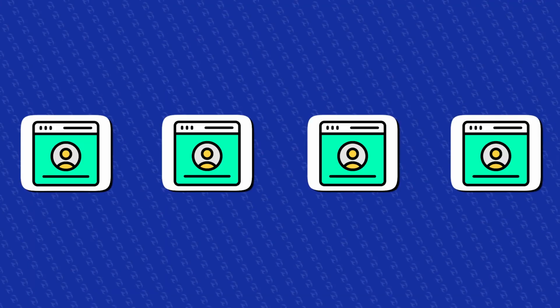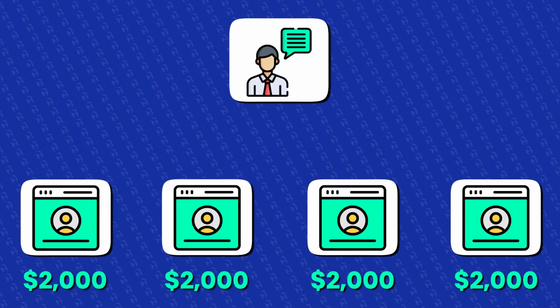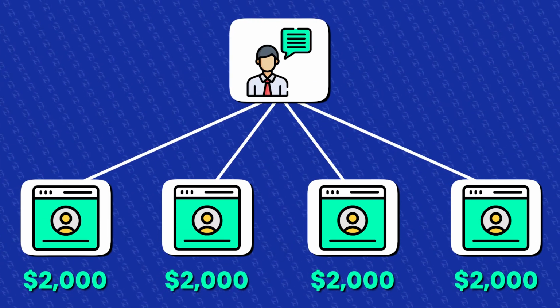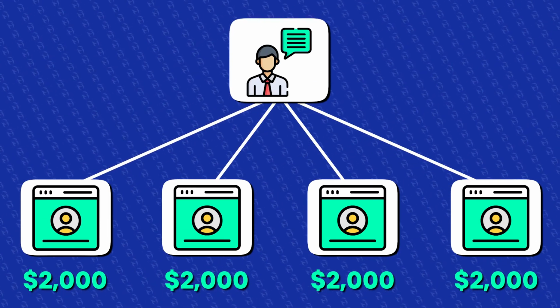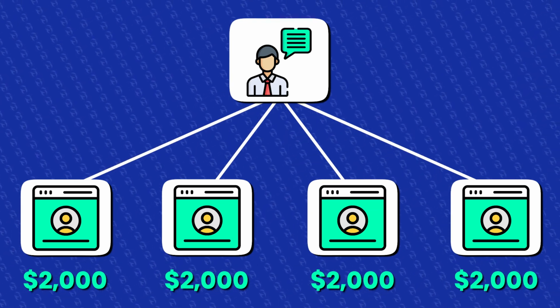If I'm sourcing in advance and I know in 3 months I'm going to need a new consultant, I source in advance, I hire in advance, and I train my new consultants on 1 or 2 accounts. Then once they're already in 1 or 2 accounts, I ask them if they would take on 1 or 2 more. So now, if we use the analogy from before, each account is worth $2,000. If I can get a consultant on 4 accounts, that equals $8,000 for my company minus whatever I pay them. I will now have excess profit that I could save in the event that I need to convert this person from a part-time or a fractional or a contracted hire into a part-time or full-time hire.